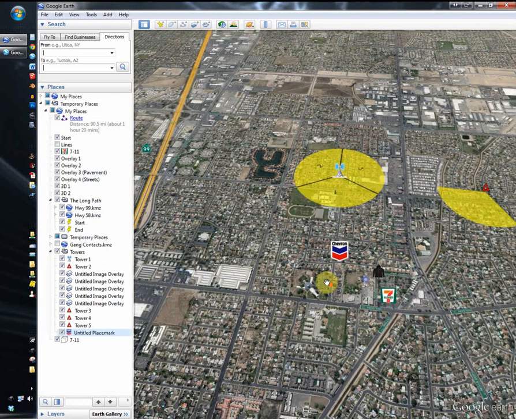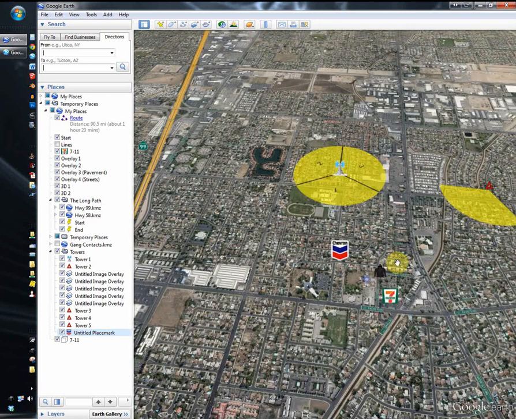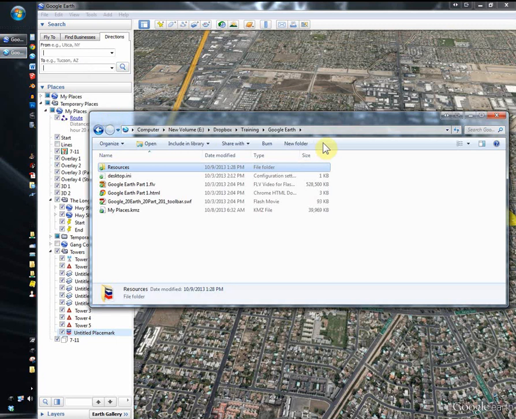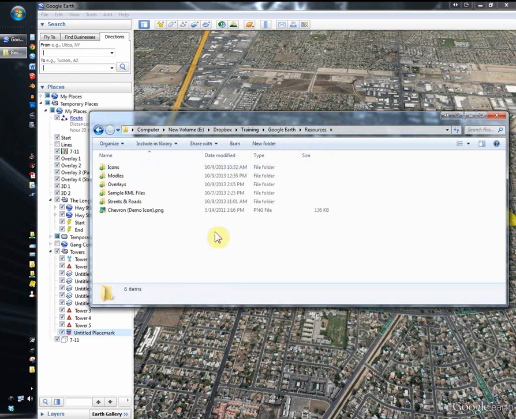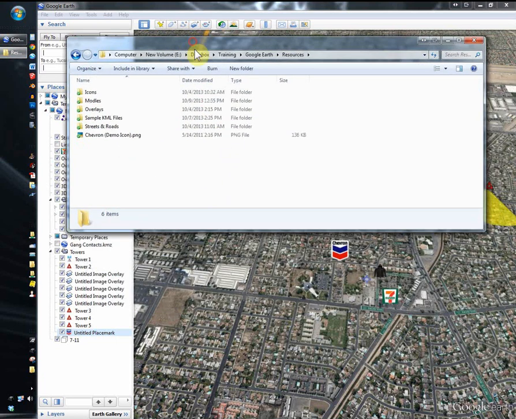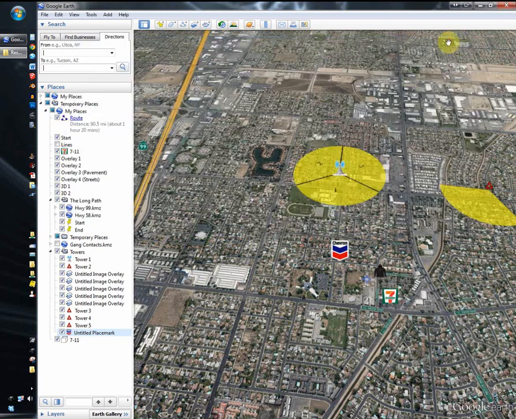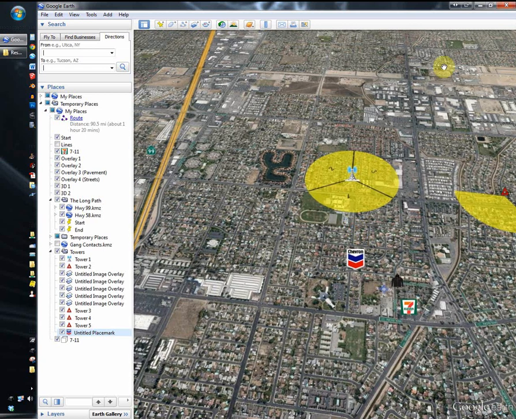Now Google Earth sees that, when we browsed and navigated through and found the chevron icon, Google Earth made a note of that location. Now suppose later on I delete that chevron icon, or let's just say I move it someplace else. It hasn't done it right now, but when you shut Google Earth down, even if you save it,